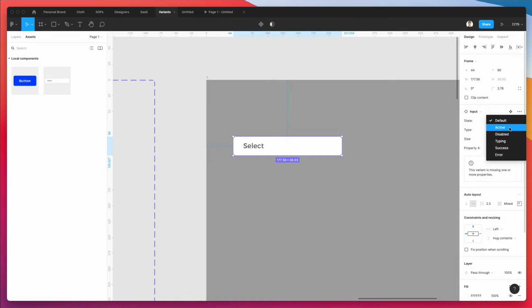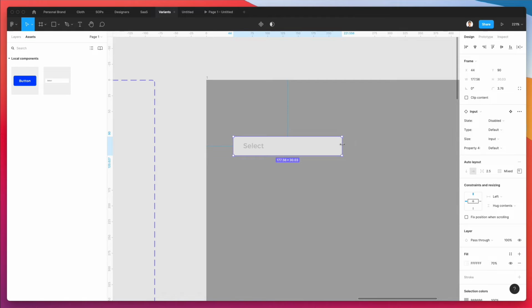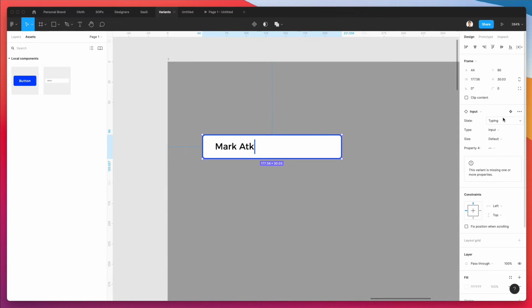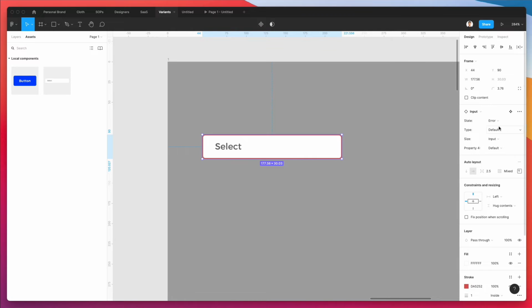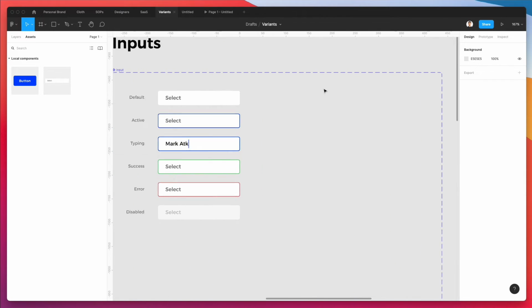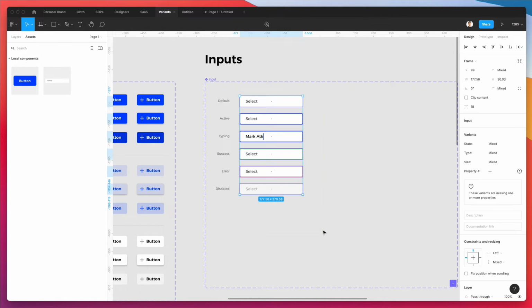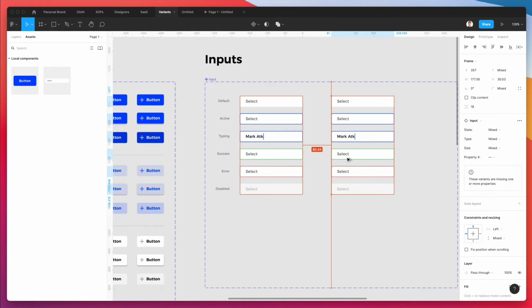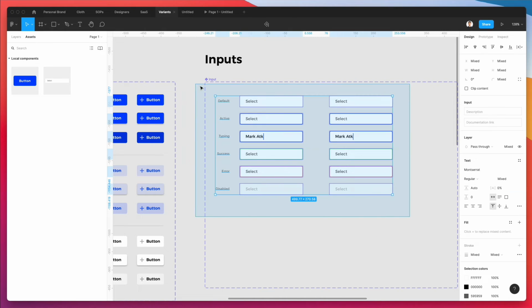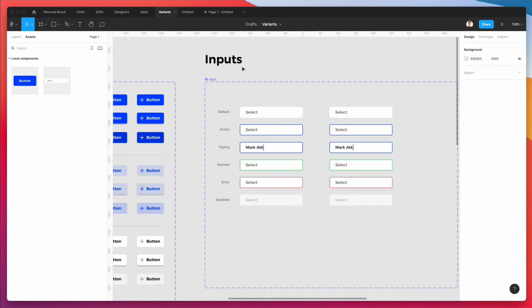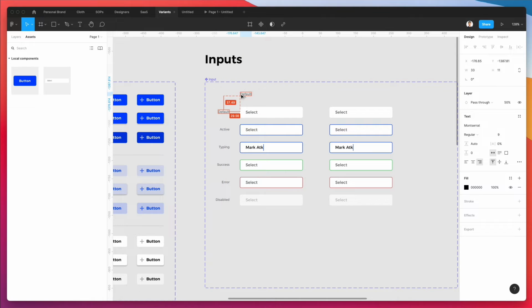And as you can see, I select active, disabled, typing, and I'm going to have all of those fields. So say that we want a dropdown now. The way that you do it is pretty easy. Simply duplicate this right here. What I want to do next is also add a label here. This is going to be input. Let's make it a bit bigger, and